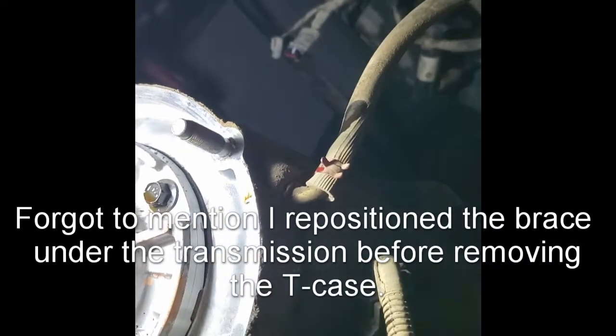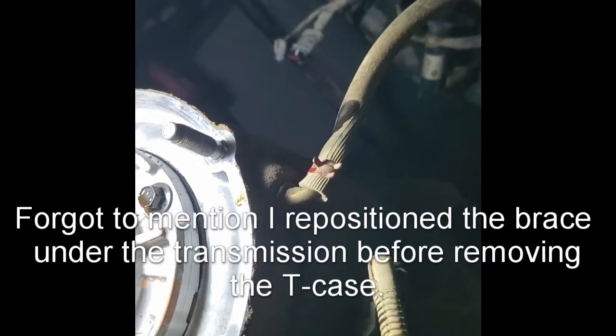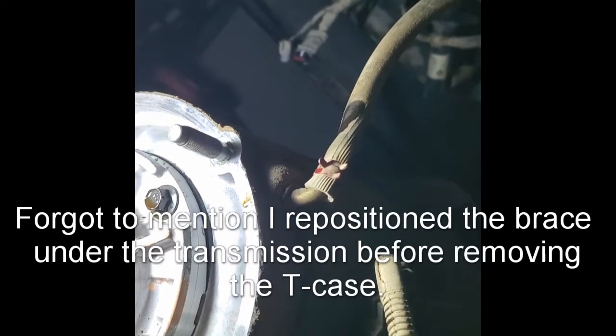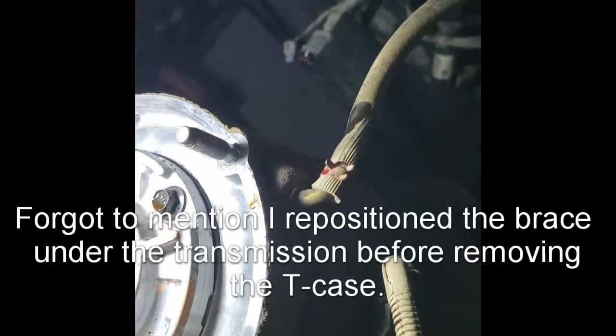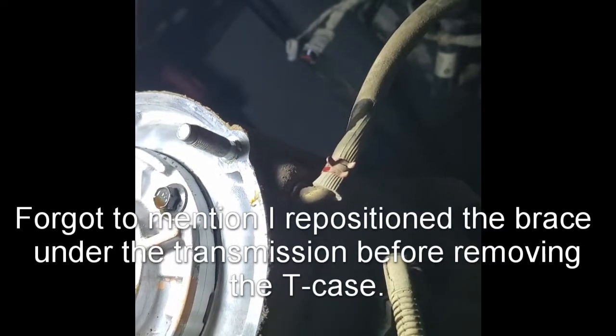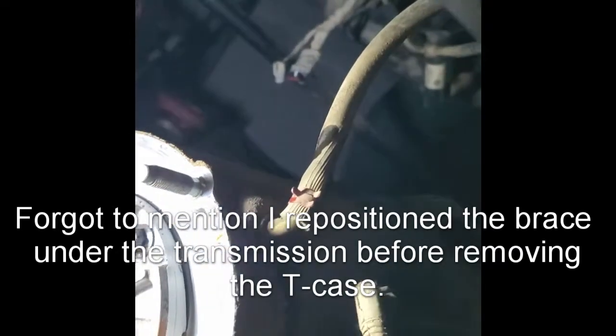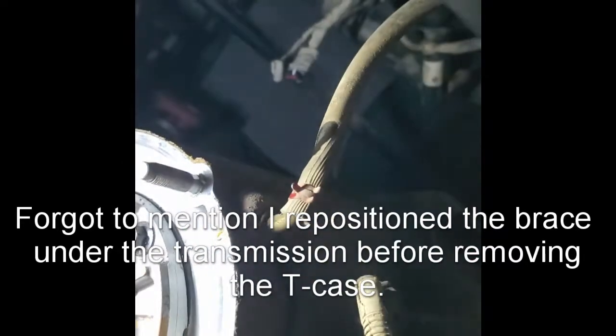Well, that transfer case came out a lot easier than I thought it would. Apparently it's an all aluminum case, so it didn't hardly weigh anything, and all I did was just unbolt it, slide it back, and just slowly roll it down off the jack. Wasn't a big deal at all, but once I got it out of there, I discovered this hose coming down